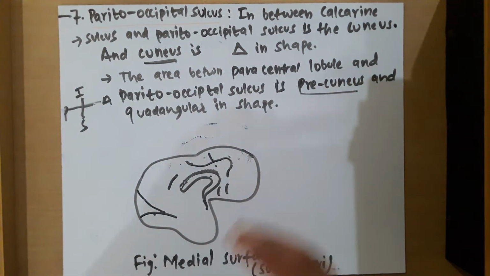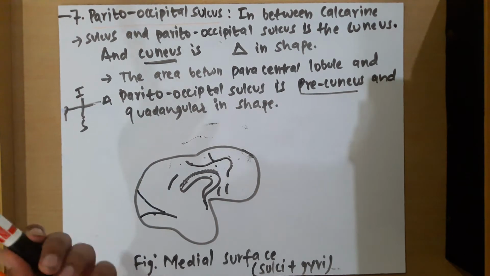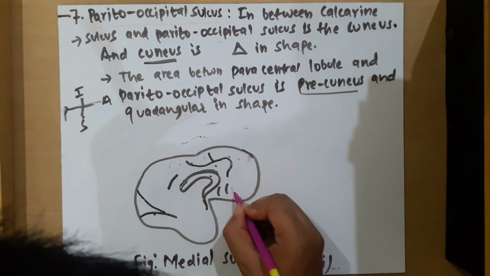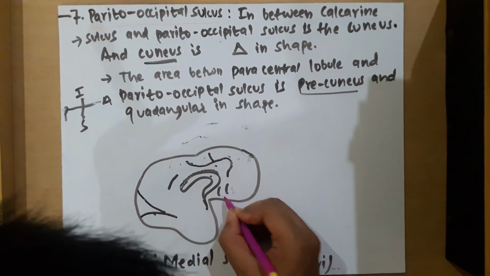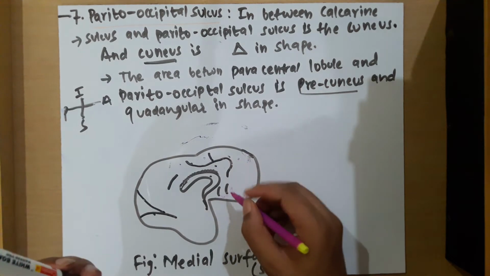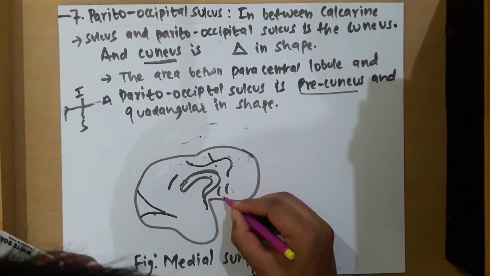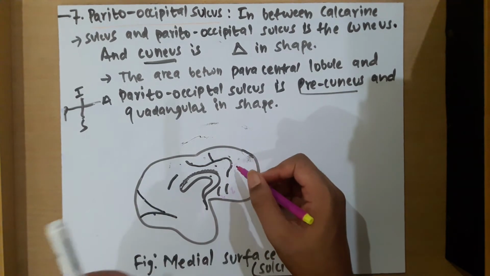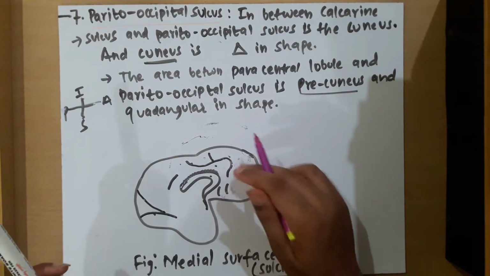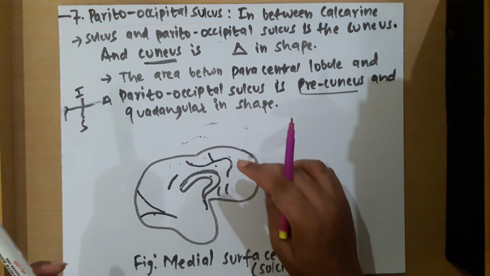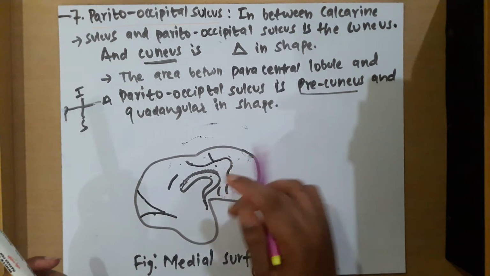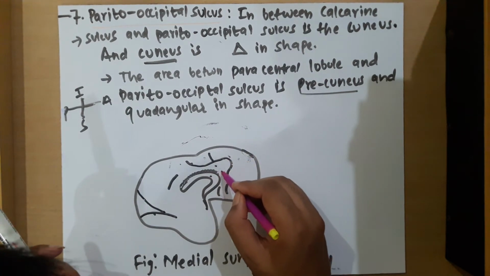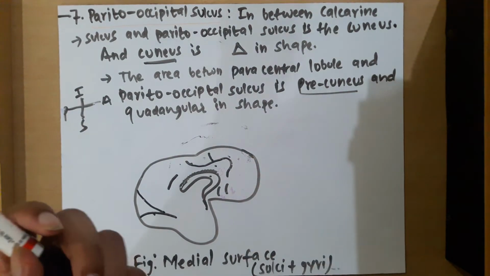So now let's label it so that you don't get confused. This is 1, 2, 1, 2, 3. Cingulate is 3. Now is it cingulate or callosal? Callosal is the third one. Okay, so I am writing over there. Callosal is the 3. Are you able to see or not?